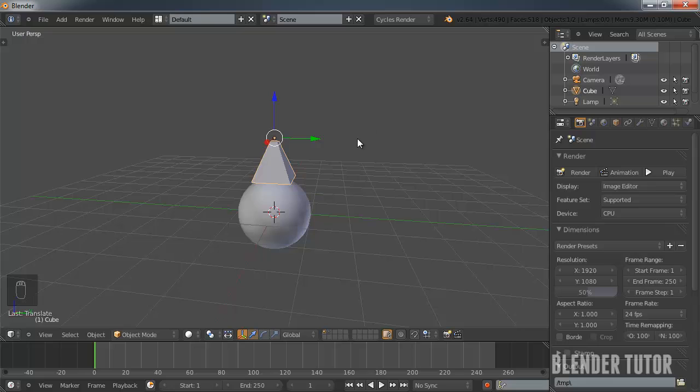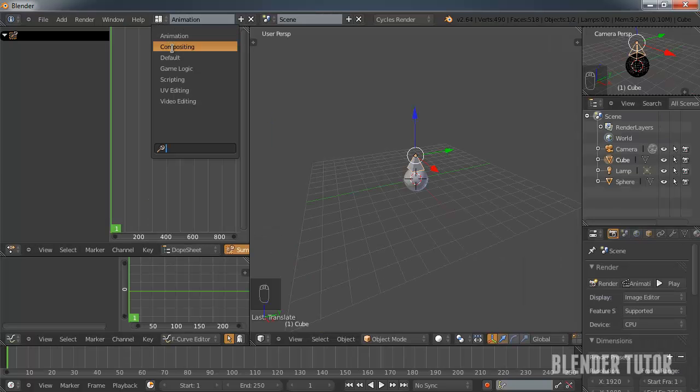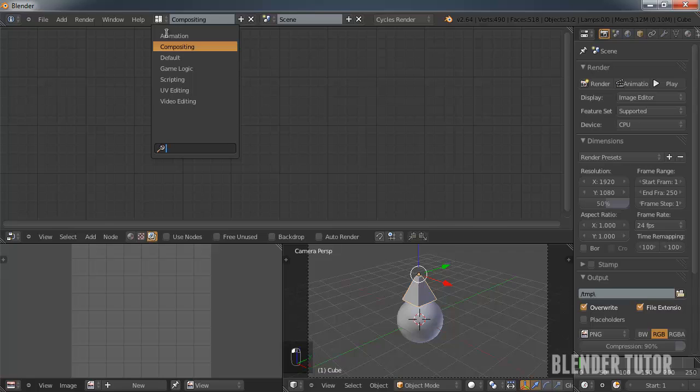When you first open your Blender file, you're going to start in this default view, but there are a whole bunch of different views that you'll use for different specific purposes. So you have an animation view, you have a compositing view, default, game logic, scripting. There's a whole bunch of different views that you'll use.